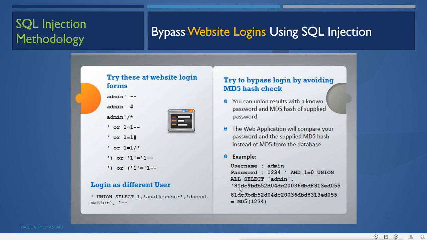This hash is compared by the web application, by the SQL server, with the hash supplied by the attacker himself, and it is equal because we are sending the same thing. The attacker sends 123 as the password and joins it with the MD5 hash of that same 123.